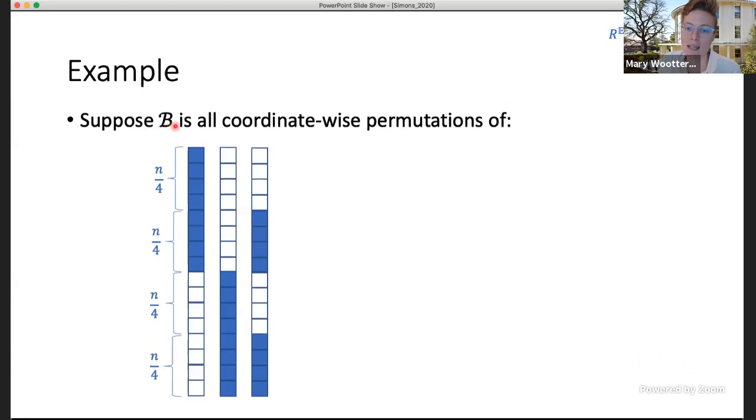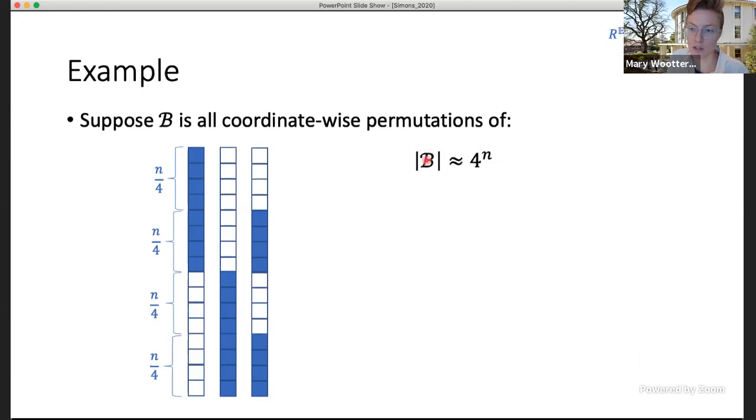So suppose that my bad set B is all of the coordinate-wise permutations of this thing. So here I have three vectors, so little b is equal to 3. And I'm looking at all of the vectors where a quarter of the coordinates look like 1, 0, 0, a quarter look like 1, 0, 1, a quarter look like 0, 1, 0, and a quarter look like 0, 1, 1. And then I look at all the coordinate permutations, sort of close this under an orbit, and that's my bad collection. And I just want to know what's the probability that a random subspace avoids any triple of vectors that looks like this. Okay, so we can do this computation and figure out what this expectation threshold is.